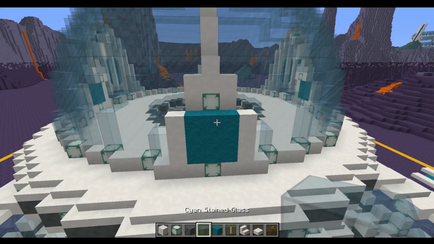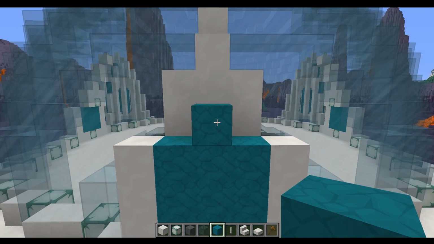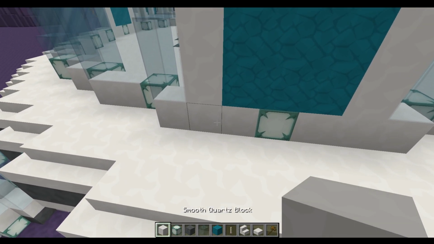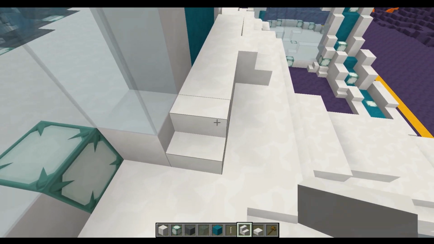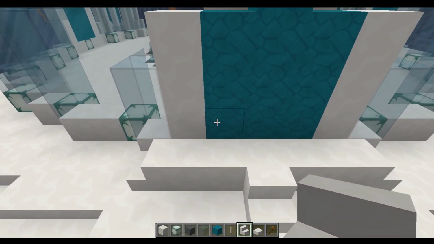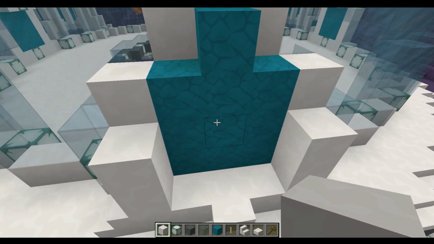of the dome. For this detail, we're going to start by placing a cyan concrete just here in front of the sea lantern that we've got in the front. We're now then going to place ourselves 5 of the quartz going across like this, and we're going to place ourselves a stair here and a stair on the side, with another stair facing in on the other side as well. We're then going to place 2 quartz up the sides like so, and at this point we need to